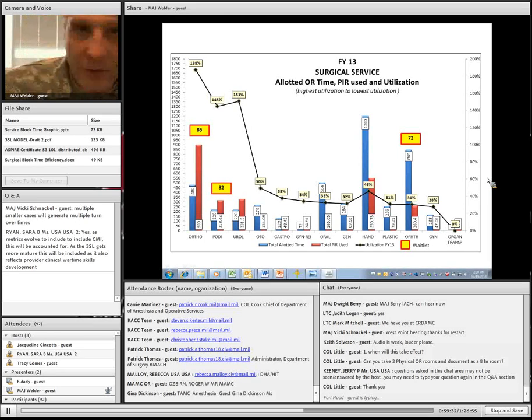Okay, there's a question about recapture. So let's talk a little bit about recapture. Our recapture rate metric is not based on whether you're performing at 80%; the metric is based on 80% OR performance. So when we look at capacity, we look at your number of facilities and an 80% OR performance within those number of operating rooms. So if you have 4 operating rooms, we look at 80% of 4 operating rooms